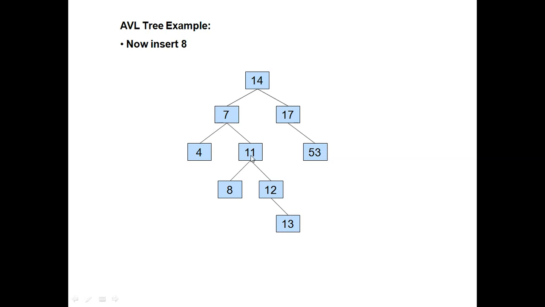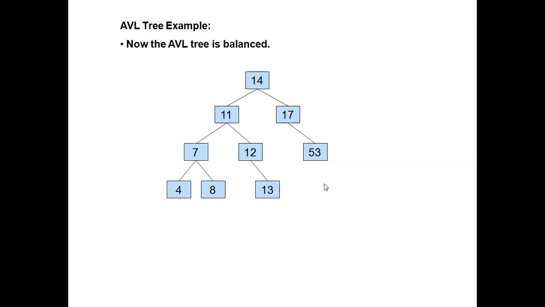Now what will happen? 11 will go there. If 11 goes there, 7 will go down, 4 will go down. What about this 8? Try to remember the concept. 8 will go here, on 7's right side. Or try to delete this 8, do the tree rotation, take the RR rotation, and after that put this 8 here. Good. We have this one. Now the tree is balanced.